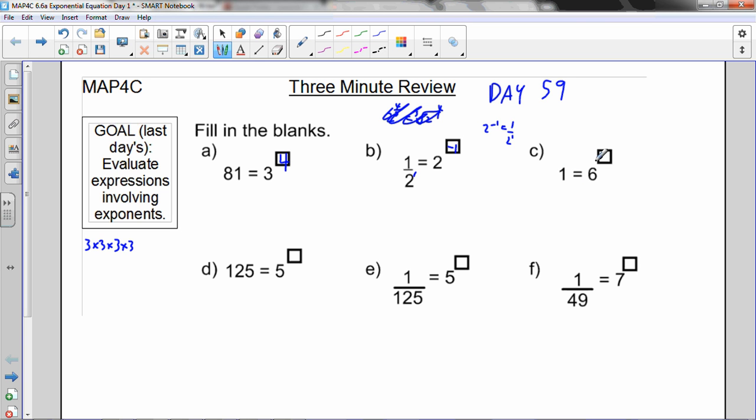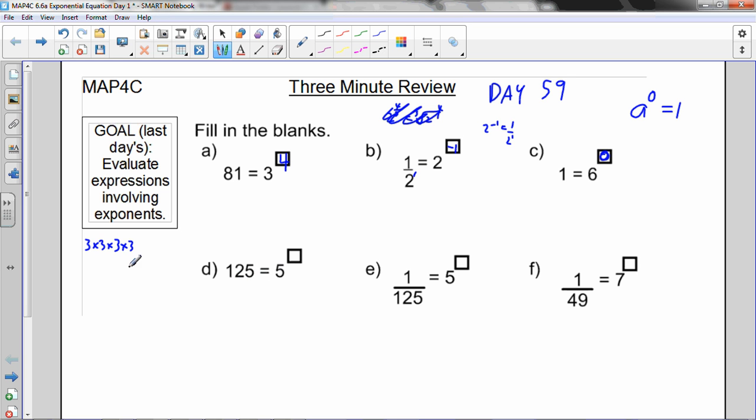How do I end up with 1? 6 to the exponent something equals 1. Well, that was one of our rules, right? A to the exponent 0 always equals 1. So, if this is a 6, 6 to the exponent 0 is equal to 1. So 6 to the exponent 0 is 1. This one,